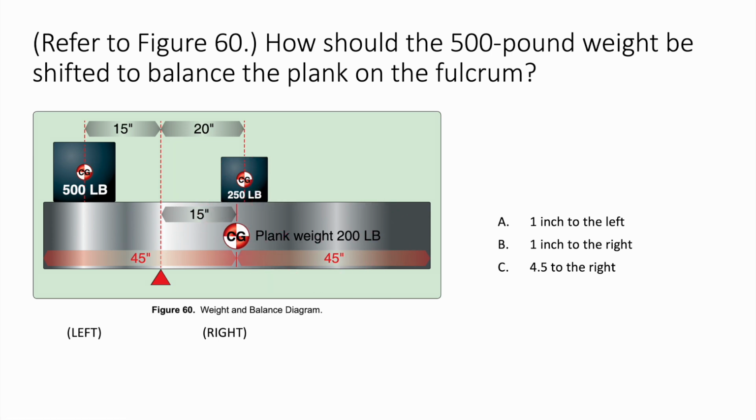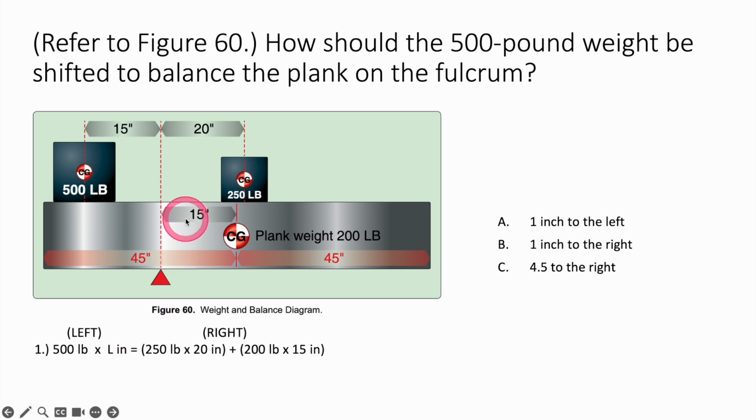So we're going to walk through this. You solve these by using algebra. If you haven't looked at algebra in a long time, which most people haven't, what we do is multiply each of these weights by their distance to the fulcrum. On the left, we have 500 pounds, and we're trying to solve for the distance. So we're going to leave that blank and use that as L. So 500 pounds times L equals